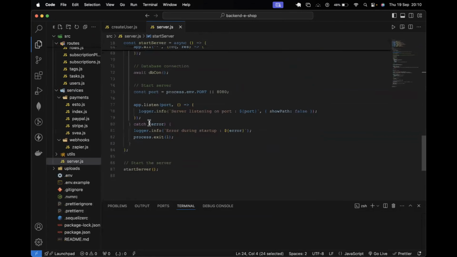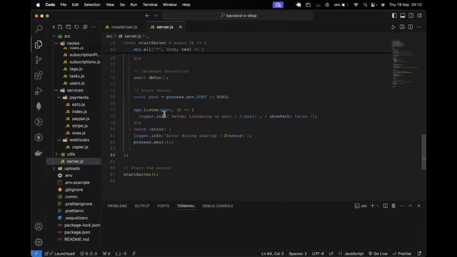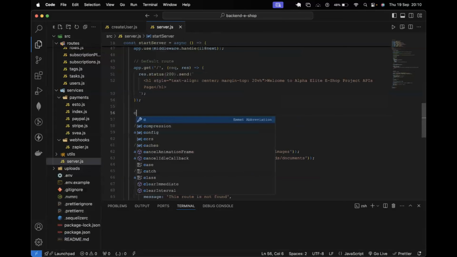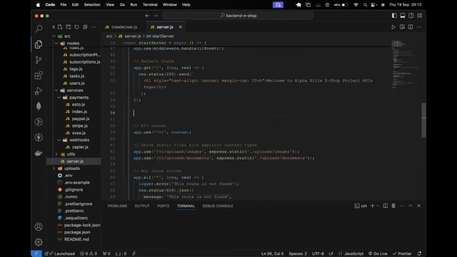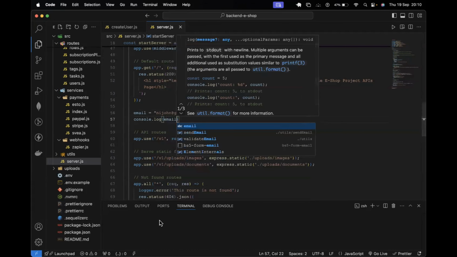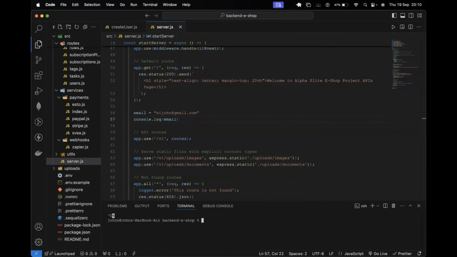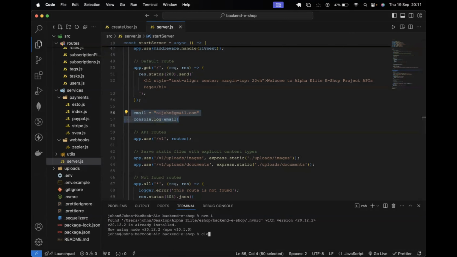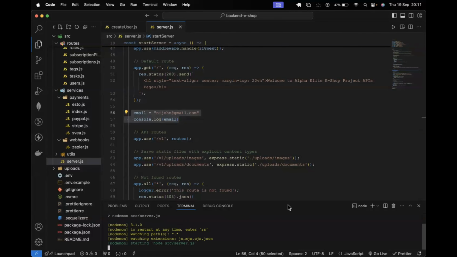Server.js. Test it somewhere here. Email equals John. Let me just test this one. console.log(email). Let's see if we do not get any errors, because this might be a change that came in JavaScript, and a very good one. But again, we need to know what keyword this has. So now if I run this,